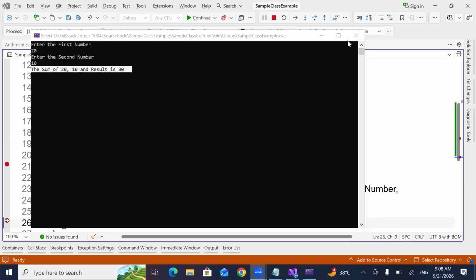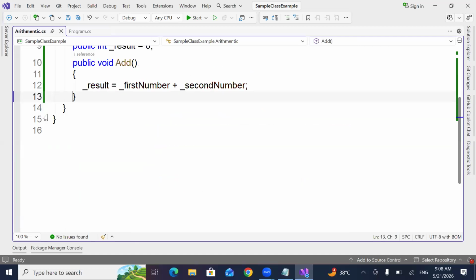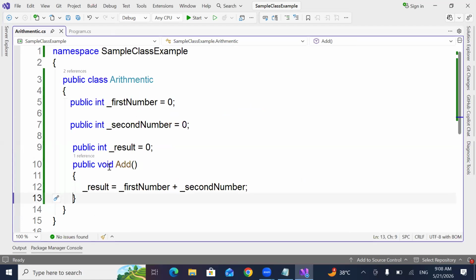Now tell me what is a class. By seeing this program, what do you understand about a class? By seeing this logic, what do you understand about a class? Without a variable, without a method, can I create a class or not? First point. Yes. In a class, can I have variables and methods? Is it correct? Yes, sir.